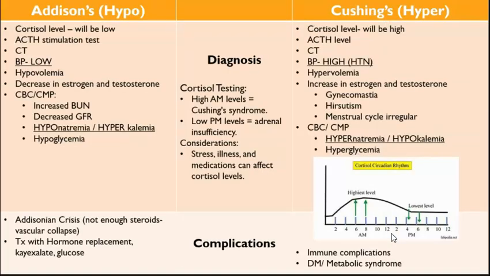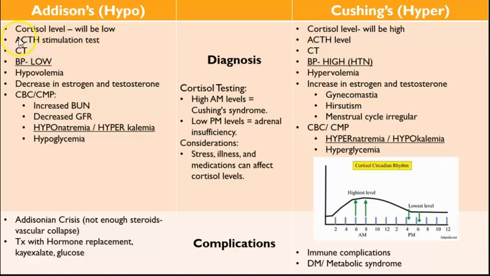So how do we diagnose the two? Well, cortisol level. We can also do adrenocorticotropin hormone, or ACTH, stimulation test or level. We can get a CT scan. We can look at their blood pressure, their fluid status. We can look at their androgens. Do they have gynecomastia? Do they have hair? Does the woman have hair growth on her face? Is their menstrual cycle irregular? What is their salt and potassium? What's their sugar like? So with Addison's, cortisol is going to be low.